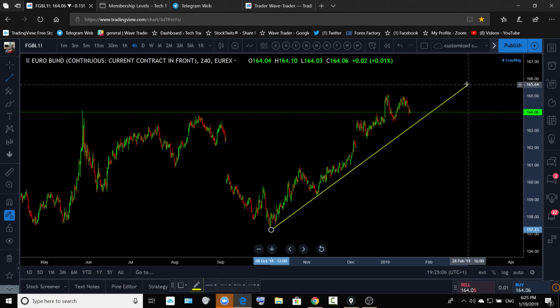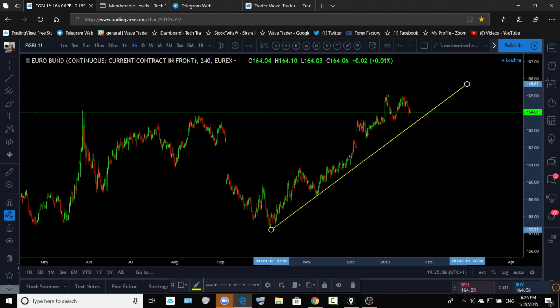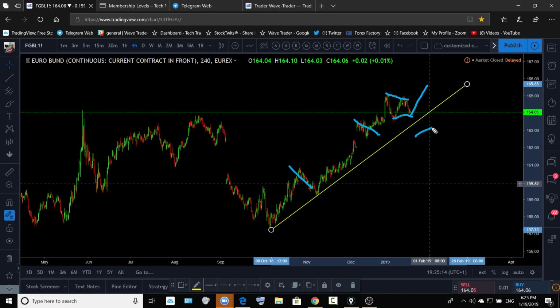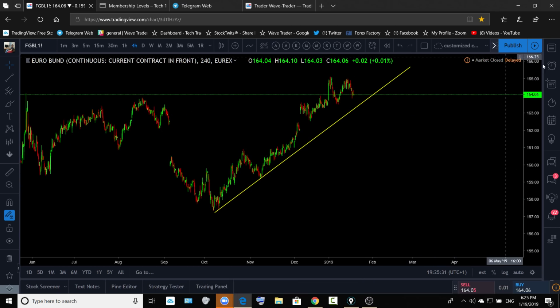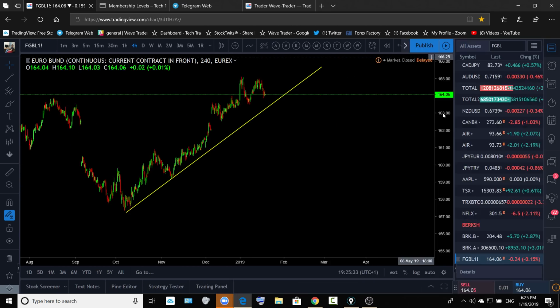So this trend is still in a bullish trend, and it can continue to go higher. It can push up. Gap down, like the way it did here, correct, and test the bottom. From the bottom, look for this. It can continue to push up. So a gap up is going to give you a clue that either it is going to continue for more upside or not. So that's the FGBL.